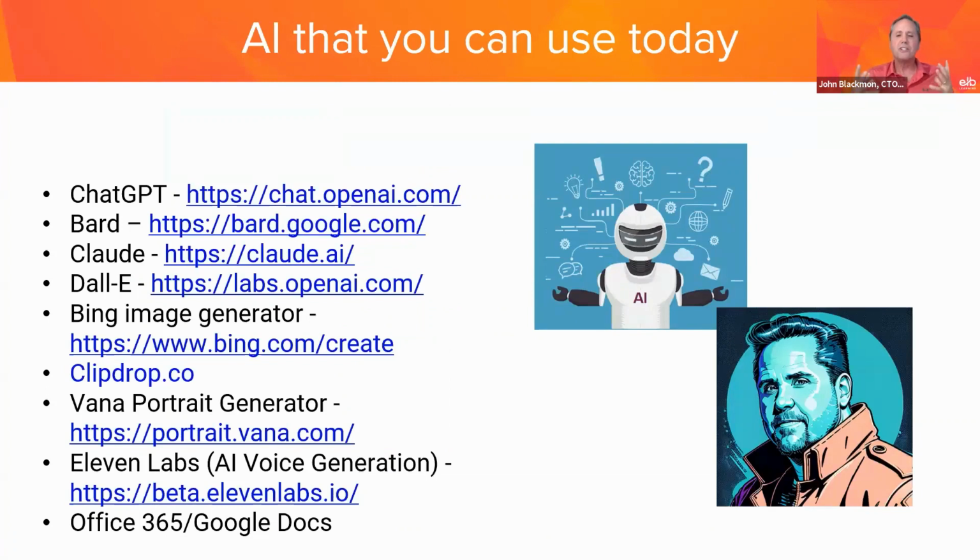But there's more than just generating text, right? You can also generate images. So there are a lot of things out there for that as well. DALL-E is from OpenAI. OpenAI is the ChatGPT company. So if we take a look at